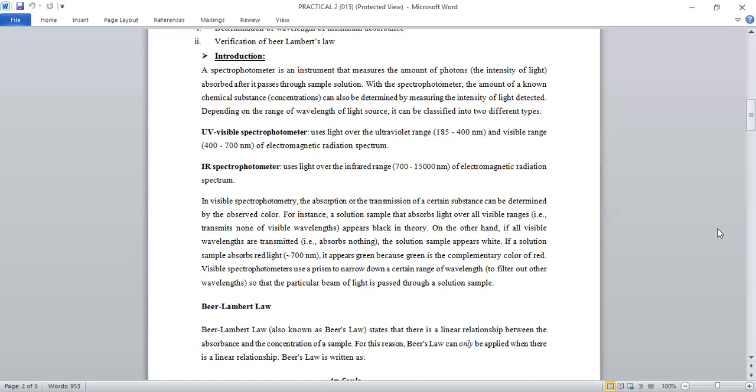Beer-Lambert law. The Beer-Lambert law, also known as Beer's law, states that there is a linear relationship between the absorbance and the concentration of a sample. For this reason, Beer's law can only be applied when there is a linear relationship. Beer's law can be written as